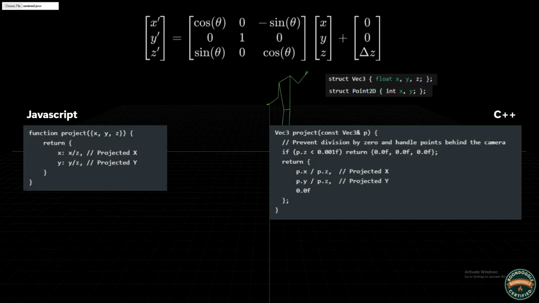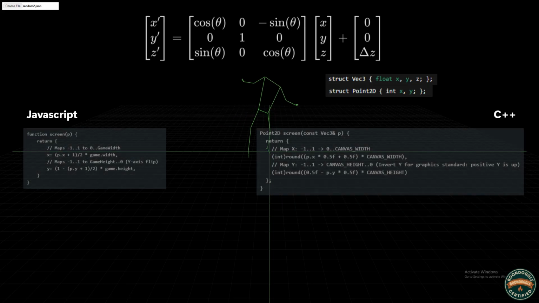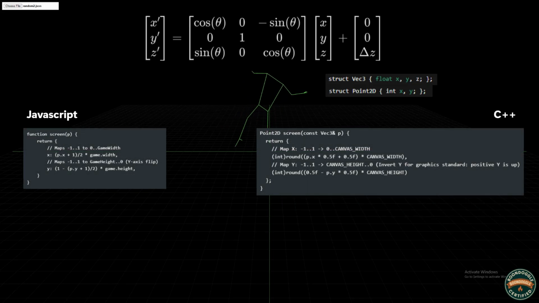And now we get into perspective projection. This is the magic step that makes distant objects look smaller. It's done by dividing the x and the y world coordinates by the z depth. This projects the 3D point onto a 2D projection plane. And now for the viewport. After projection, our coordinates are typically normalized in the range from -1 to +1. So we must now map the normalized space to the actual pixel dimensions of the display, 0 to the width or height. And this is where we use the point2d struct that we defined earlier.